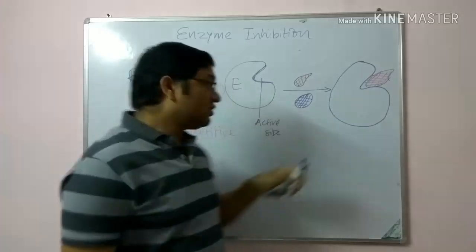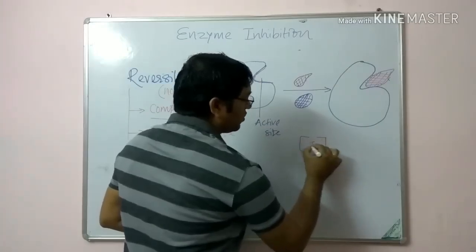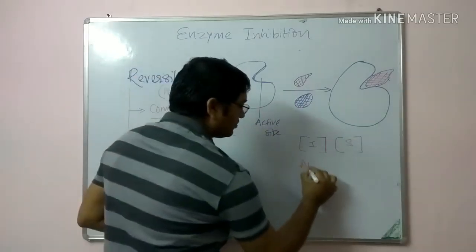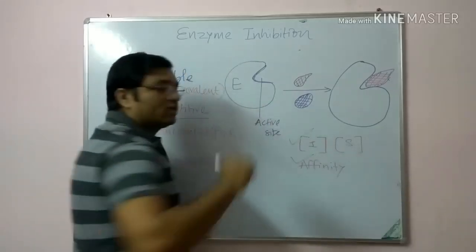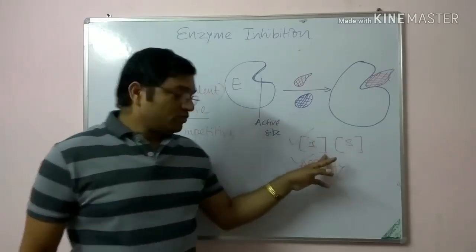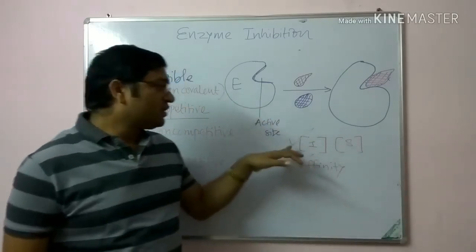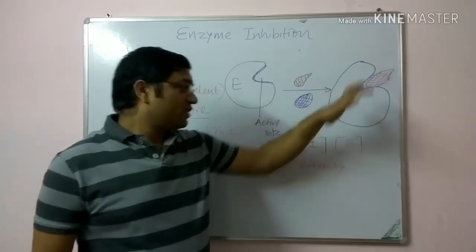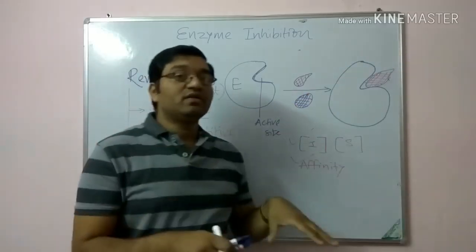So it depends upon two factors. The first one is the concentration of the inhibitor or substrate, and the second one is the affinity towards the enzyme. These two factors are very important in competitive inhibition. Whose concentration is more, that will bind to the enzyme. For example, if the inhibitor concentration is more, the inhibitor will bind with the active site of the enzyme, and if the substrate concentration is more, the substrate will bind with the enzyme. There is competition between these two